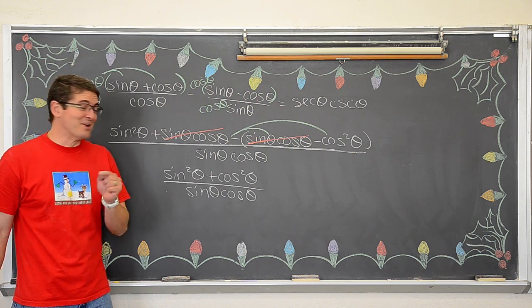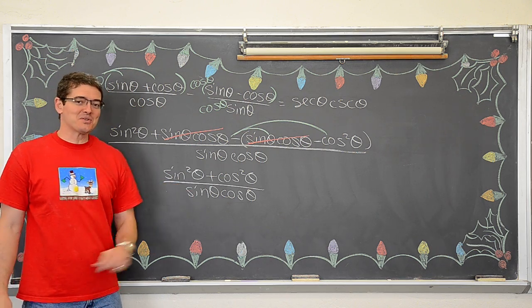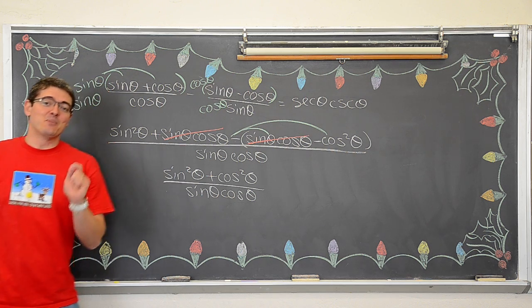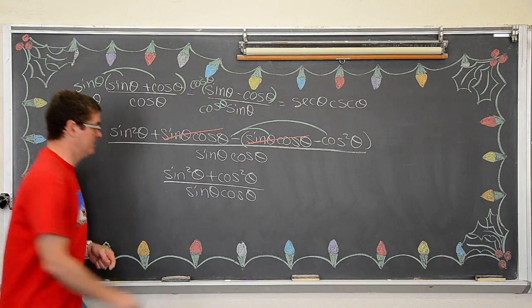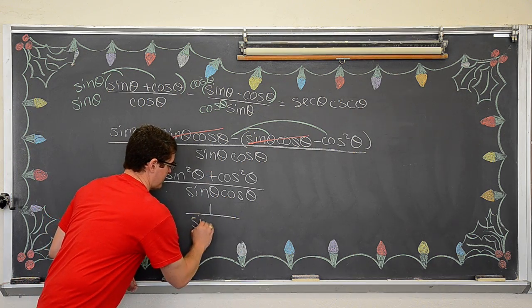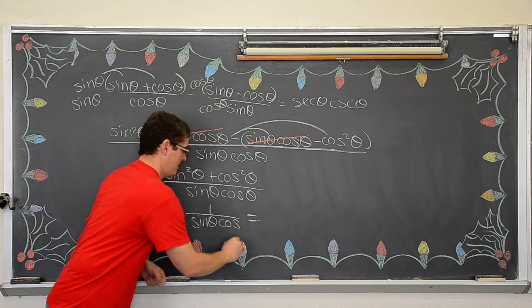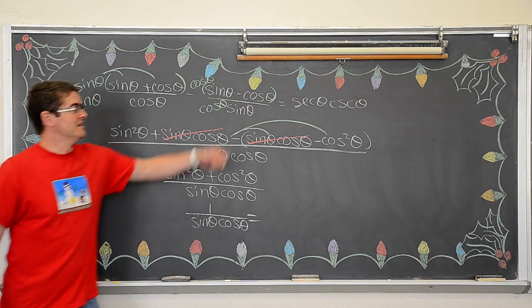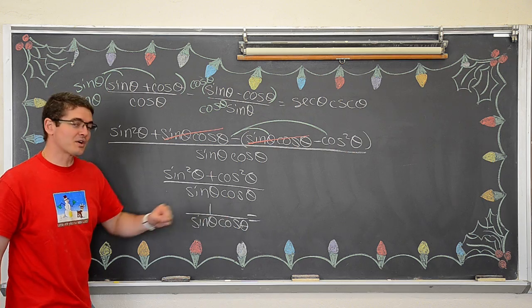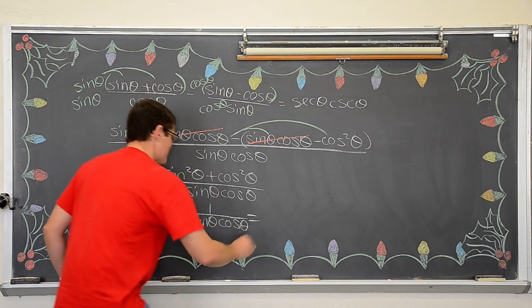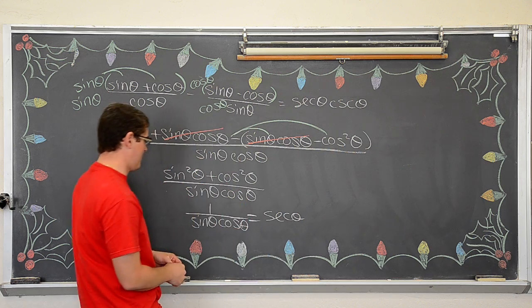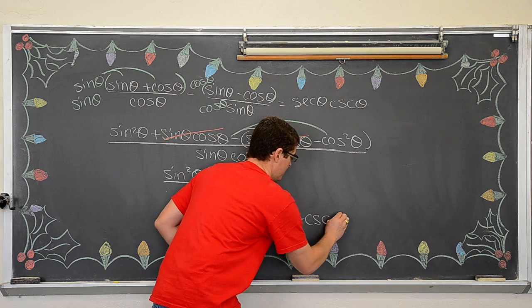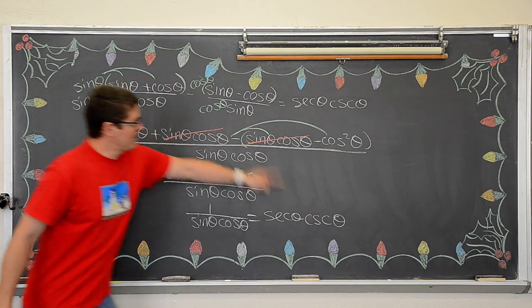Now, we're really close to the answer. What is sine squared plus cosine squared? Go look at your formula sheet, or, if it's to memory, Pythagorean identity. That is equal to 1. And 1 over sine theta cosine theta. And my winter holiday decorations are getting in the way here. What's 1 over sine? Cosecant. What's 1 over cosine? That's right, it's secant. So we get secant of theta from 1 over cosine, and cosecant of theta from 1 over sine. And boom! There we go!